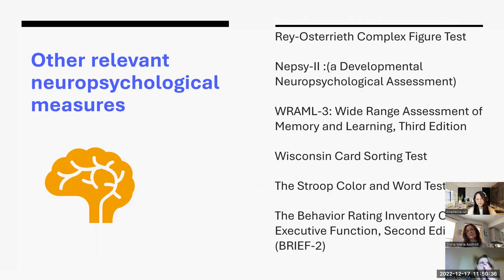And I love this test because you can really get a sense of visual perceptual skills and visual spatial organizing. Is the student drawing the house more or less with that symmetry, or the same size as the one that they were presented, or is it really small? Is it in this corner? Is it at the lower part of the page? Where is it that they're placing that drawing? And again, it's a visual spatial organization. And then visual memory, visual perception: are they seeing the figures as it is being shown?